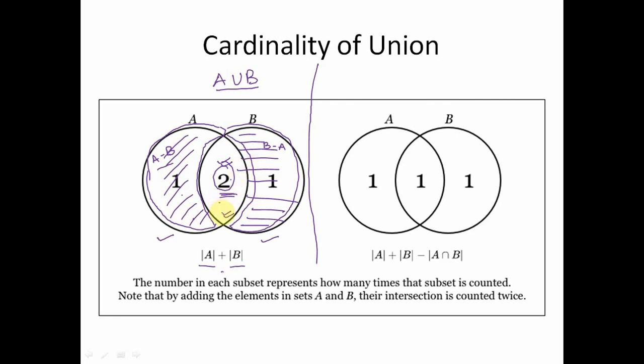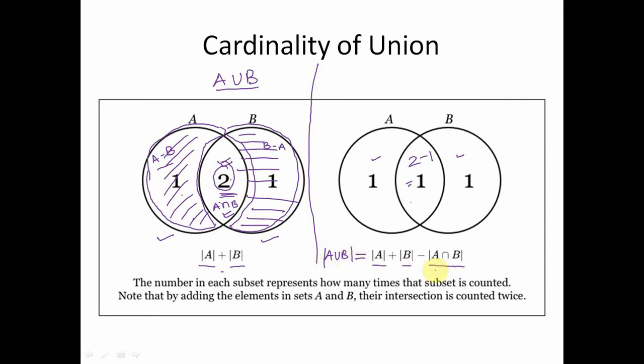And what is this region? This is the region of A intersection B. So we take the cardinality of A, we add the cardinality of B, and we subtract from it the cardinality of A intersection B. Means we take this region once, we take this region once, and actually this region is being counted twice, and then we subtract this region once. So this becomes 1. So now I have the accurate, exact cardinality of A union B, right?